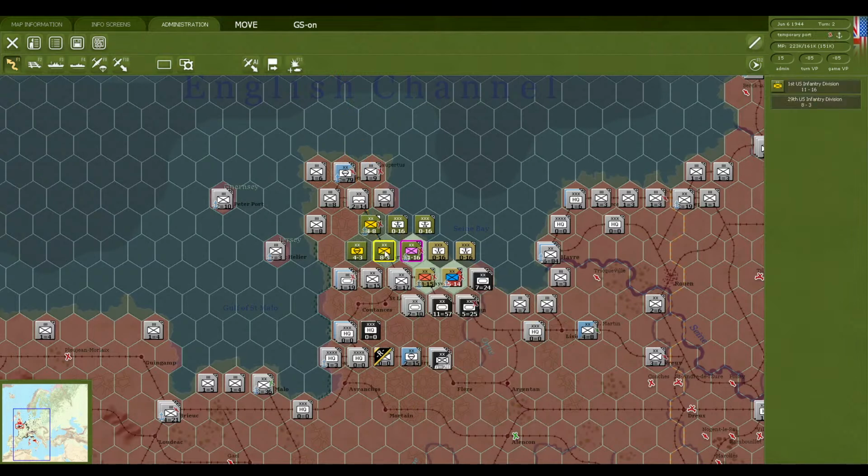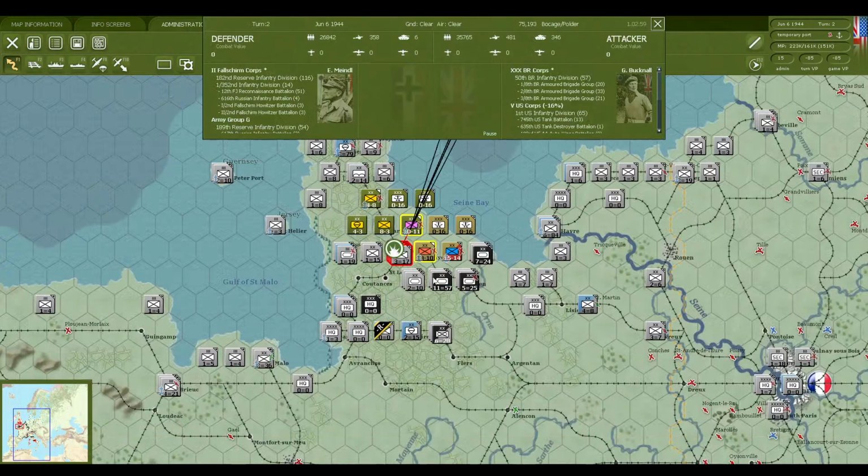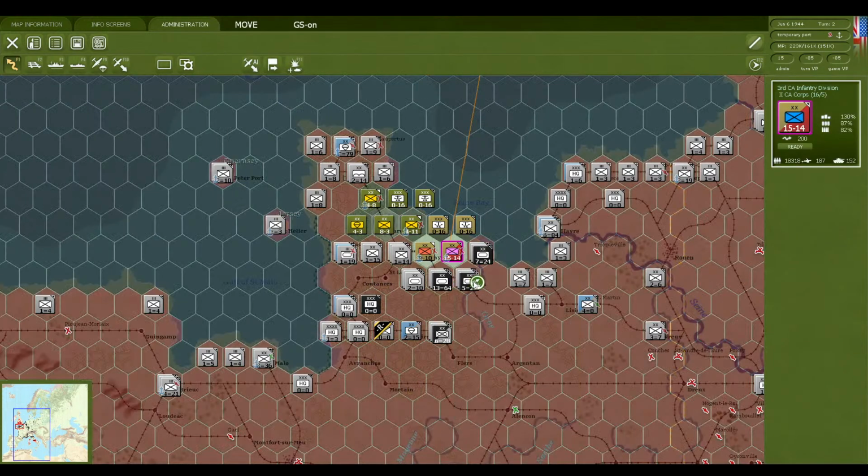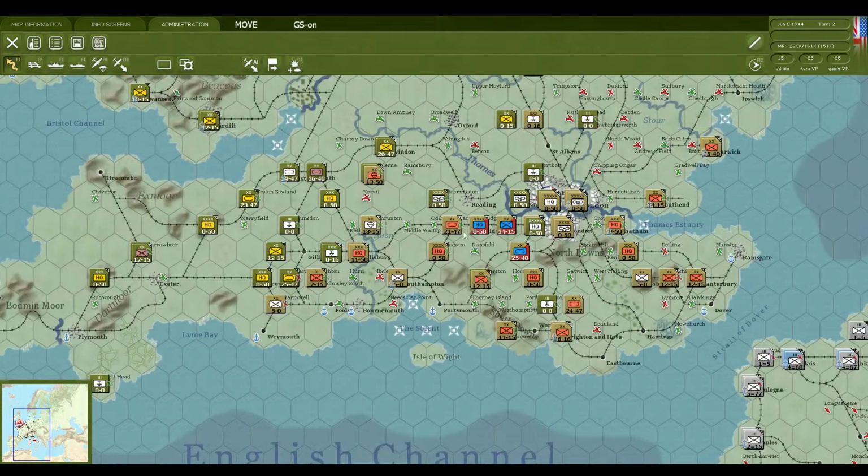And we're just spreading out that attack line as much as we can. Really risky attack to get on the beaches, but we've got to try anything and everything. Again, don't really want to mess with those SS units. What we can do, however,